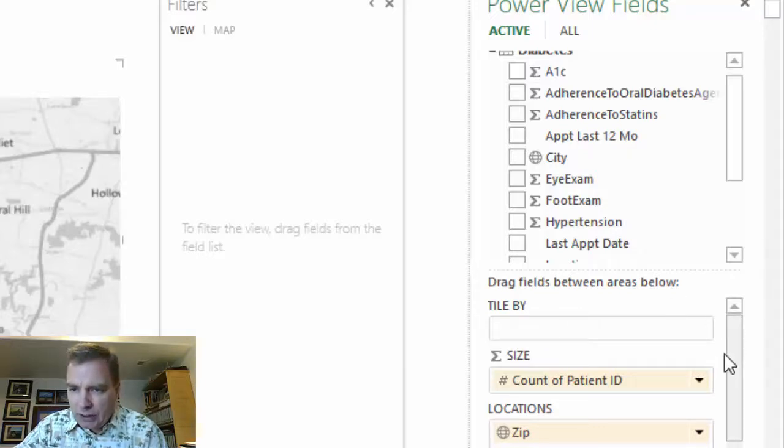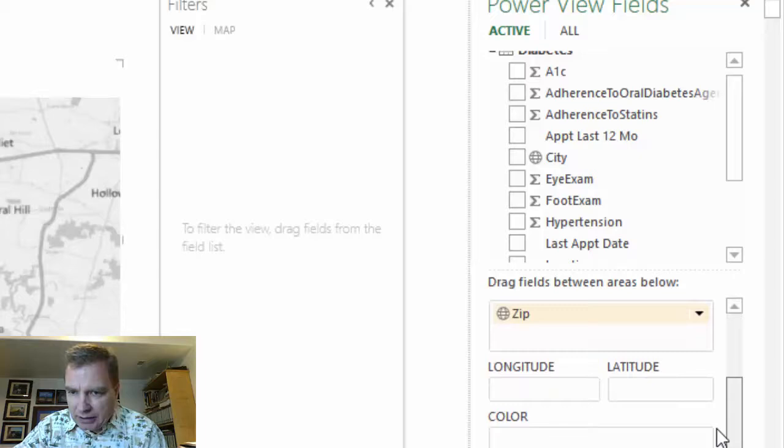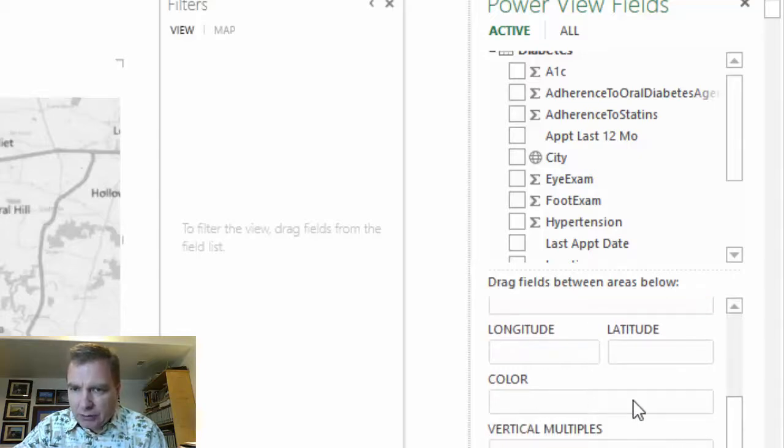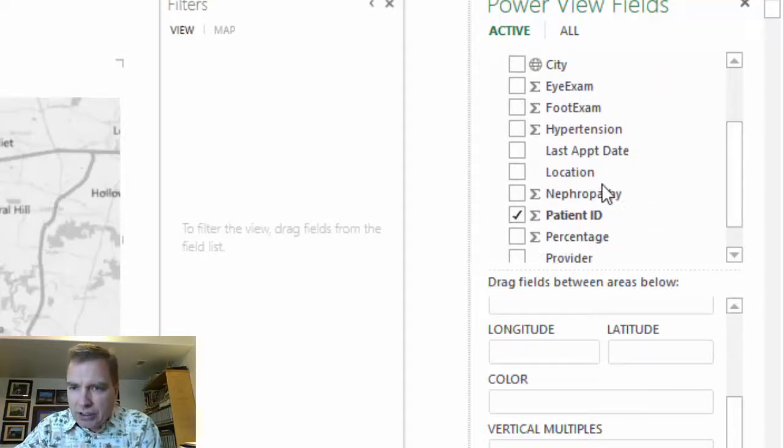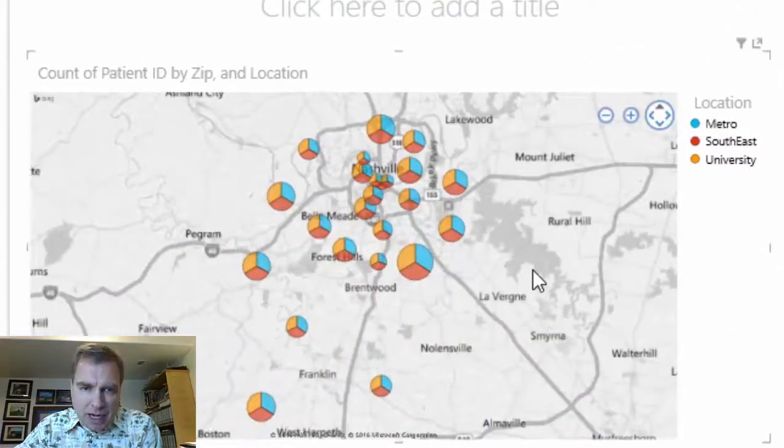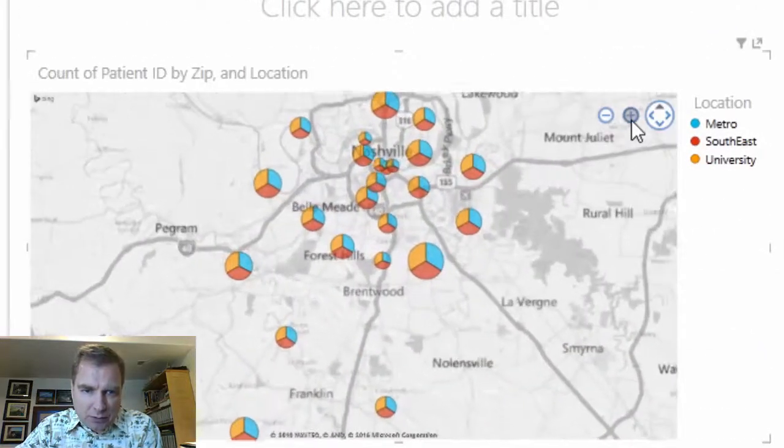First thing I'm going to do, let's drag down a bit, and this color field, let's say that I'm mapping by location a number of patients. By location meaning zip code and number of patients. Let's look at the clinic location. That's what this location field is. If I drag location into color, watch what my map does. Let's come over here and maybe we'll zoom